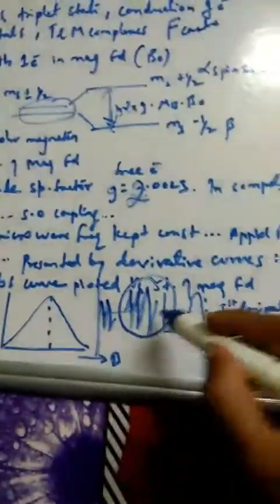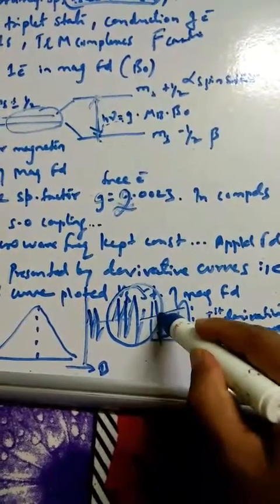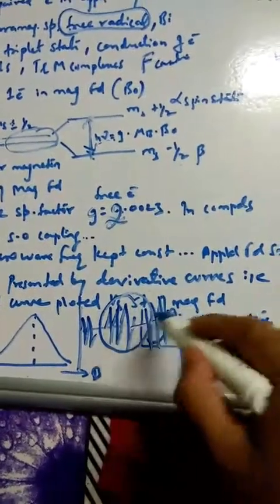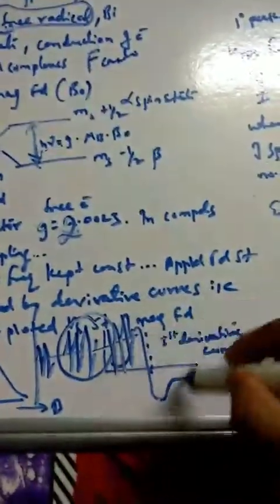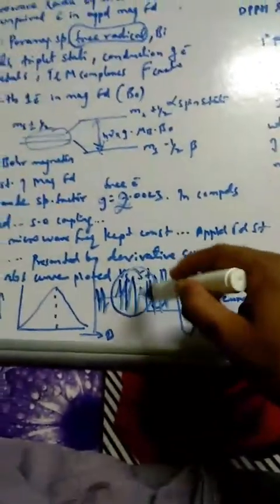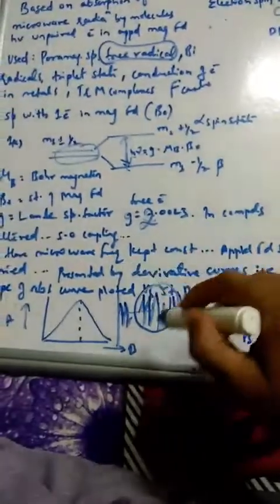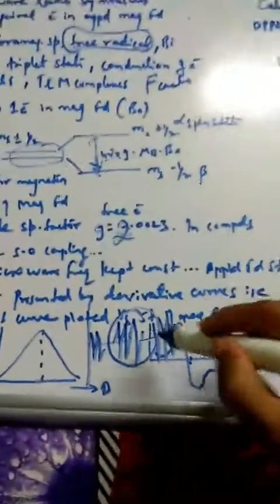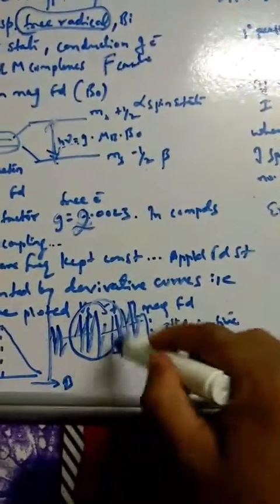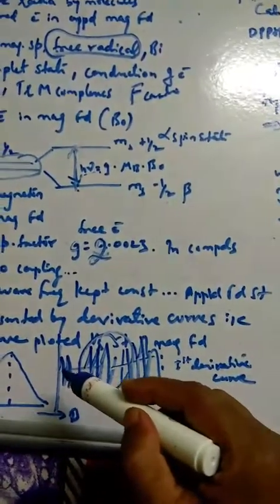Doublet of 2, triplet of 2 means another; we can show 1, 2, 3 like this, triplet of 3, triplet of 2 like this. So this is how the derivative mode of the absorption can be seen graphically for EPR or ESR spectroscopy. Whenever you take the spectrum, we can see it in this way, in first derivative mode, like this.